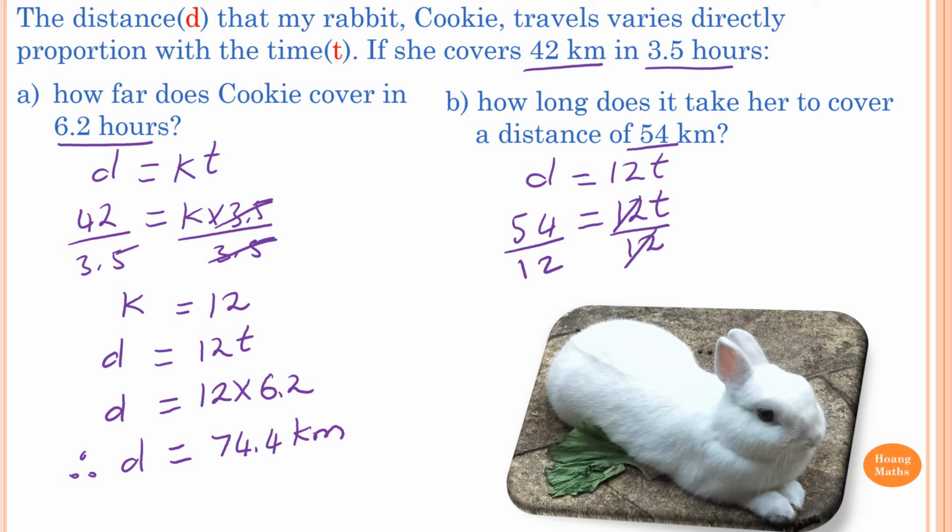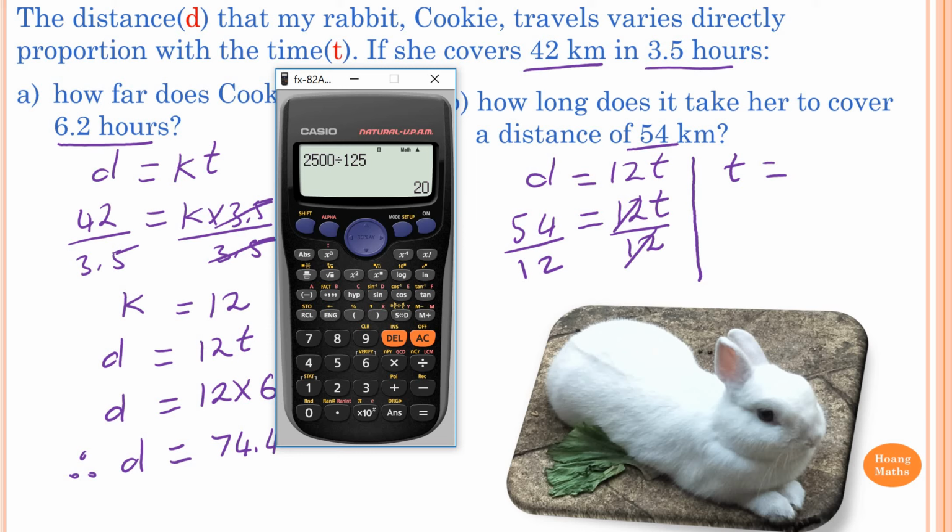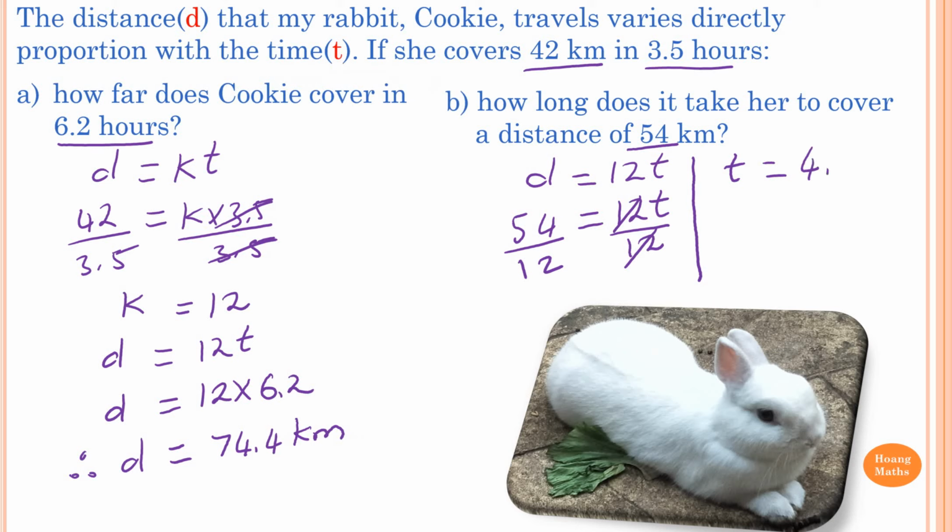So this cancels out. So T equals 54 divided by 12, I just use calculator. So that is 4.5. So T is equal to 4.5